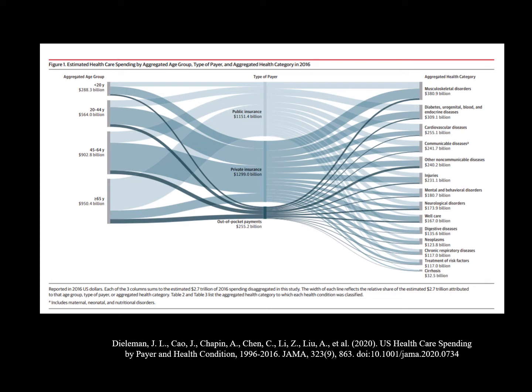And so not only does low back pain, musculoskeletal disorders, and osteoarthritis cause a great deal of disability, but it's also extremely costly. This paper was published this month, March of 2020, in JAMA, and it looks at the costs of different types of medical conditions. And on the right-hand side, you can see that musculoskeletal disorders is the most costly by far. It's hard to put $380 billion,